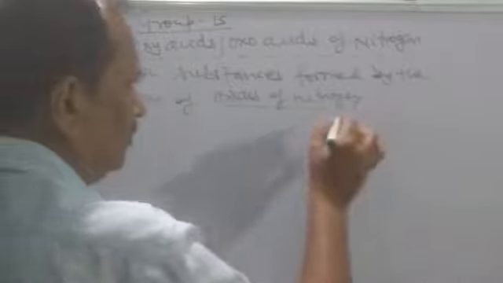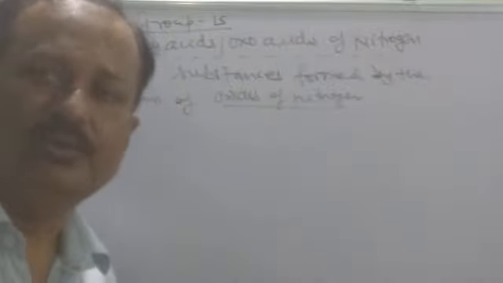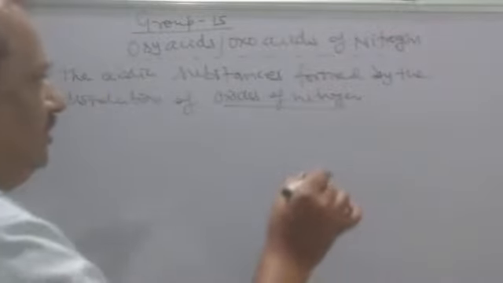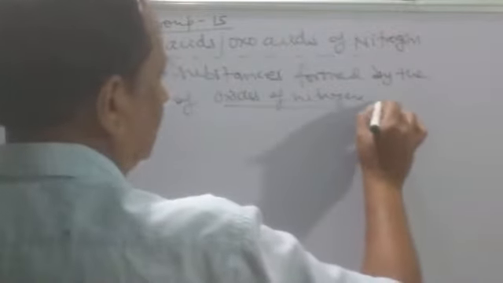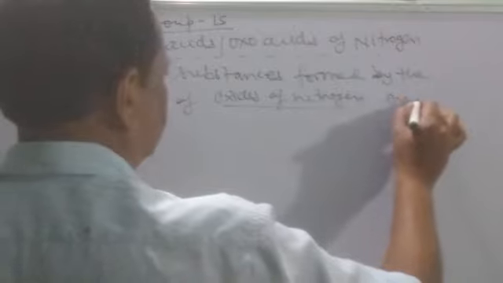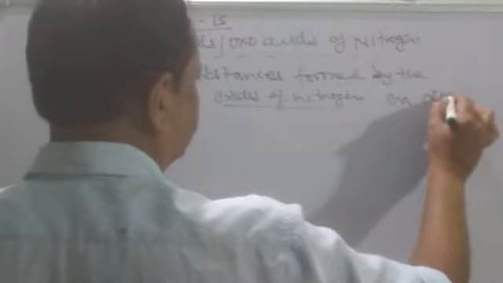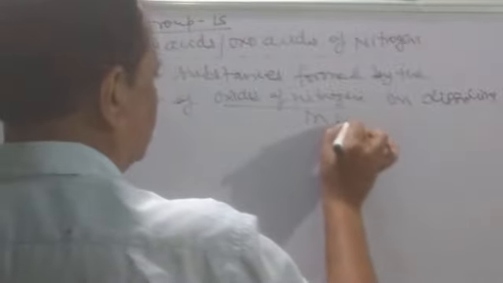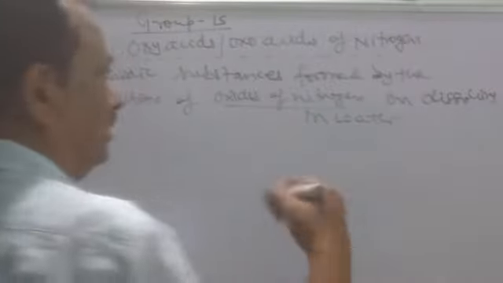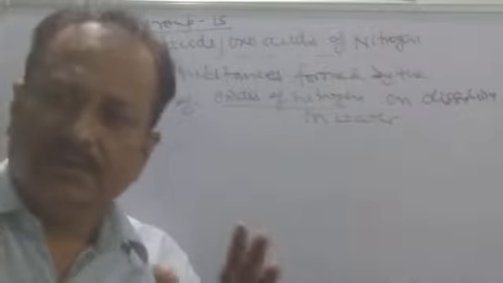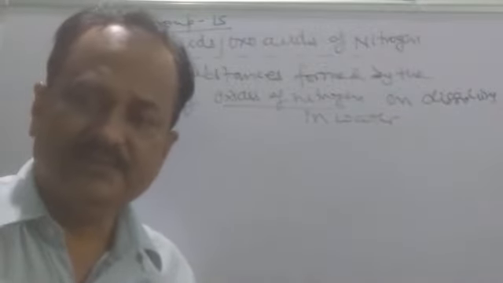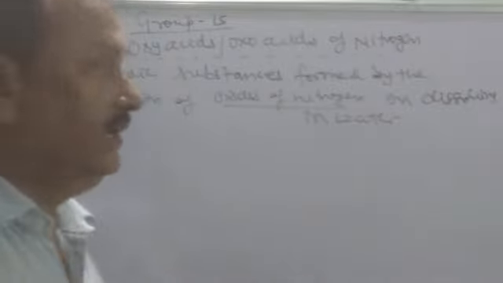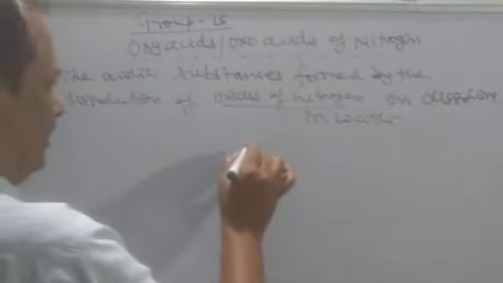You know, an oxoacid can be formed from any non-metallic oxide, when any non-metallic oxide is dissolved in water. So oxides of nitrogen on dissolving in water form a large number of oxoacids, and not only nitrogen but different non-metals also do, and the important ones are